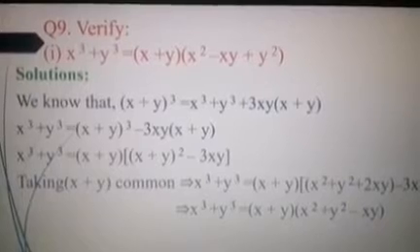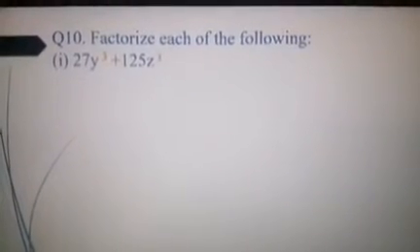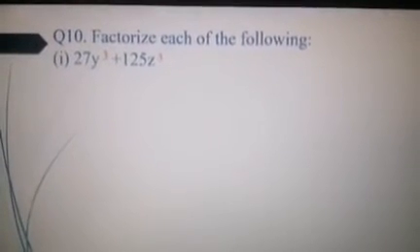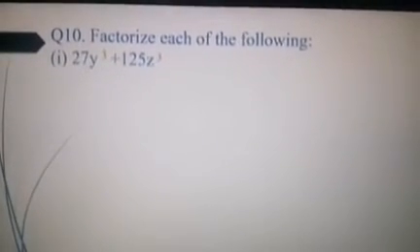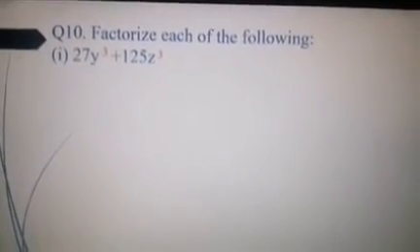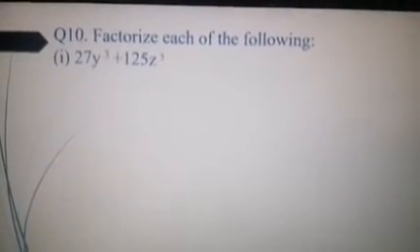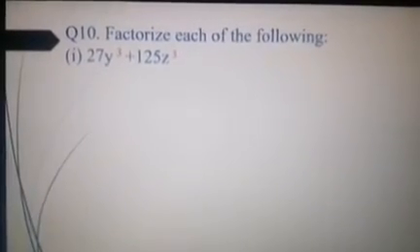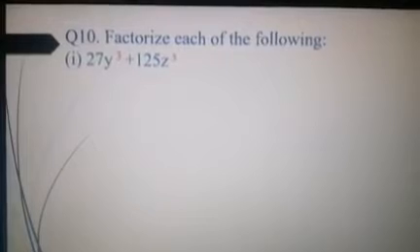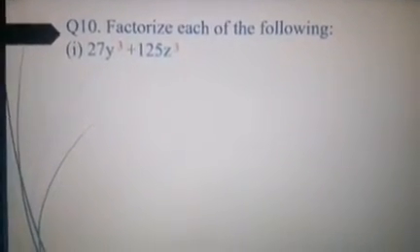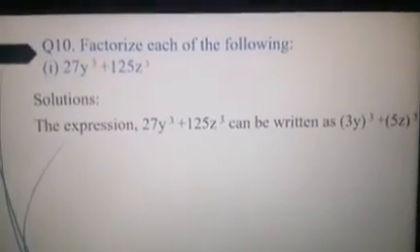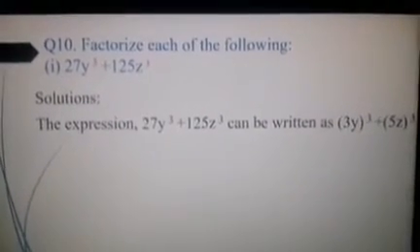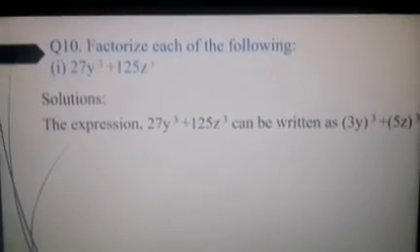So let me do one problem on this concept. So that is factorize each of the following. So just now this question is exactly based on the formula that we learned just now. It is given we are supposed to factorize 27y cube plus 125z cube. So here 27y cube is nothing but 3y the whole cube. So here the value of x will be equal to what? 3y, and the value of y is equal to 5z. Yes. So we are going to use that formula now. Okay. So I've expressed 27y cube plus 125z cube as 3y the whole cube plus 5z the whole cube.